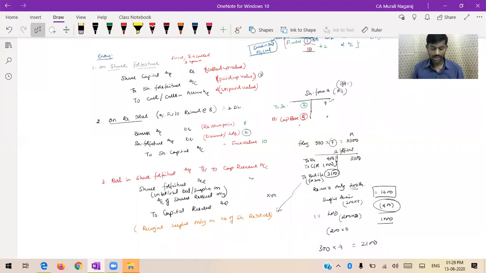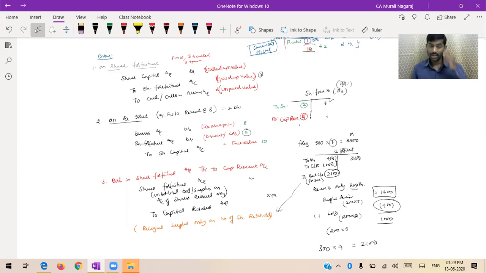So this is on forfeiture to the extent of called up. That is, whatever you have credited to share capital, you have to cancel completely. Therefore, share capital account is debited to the extent of called up. Out of that, whatever you already collected in cash, to the extent of paid up value, I will take to share forfeiture. For the extent of uncalled capital, what is uncollected will be reversed, either the respective call, or if it was transferred to calls in arrears, that calls in arrears account will be cancelled.